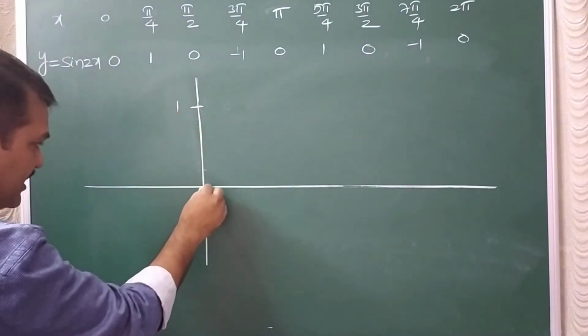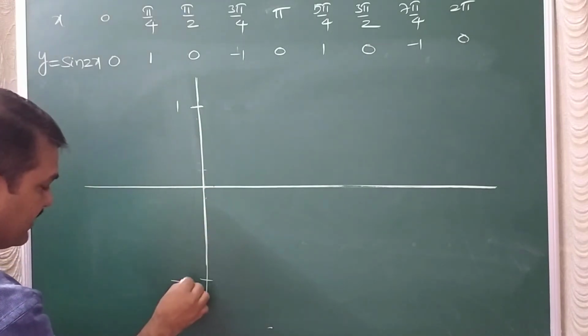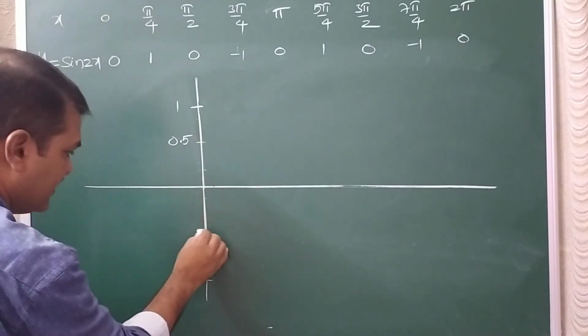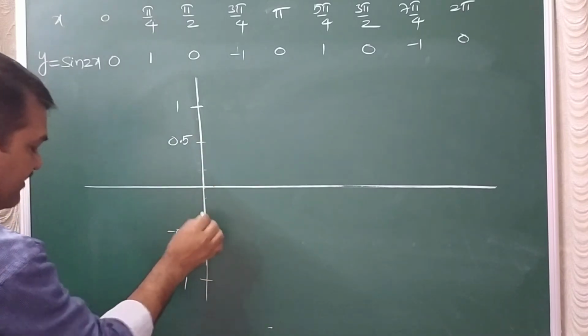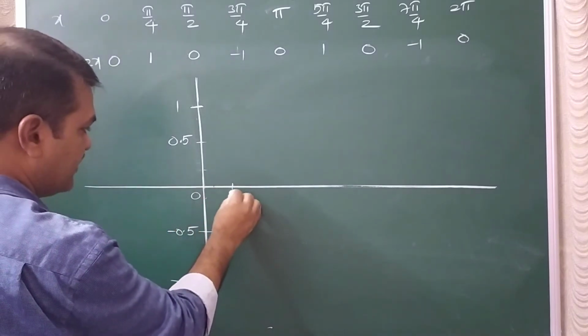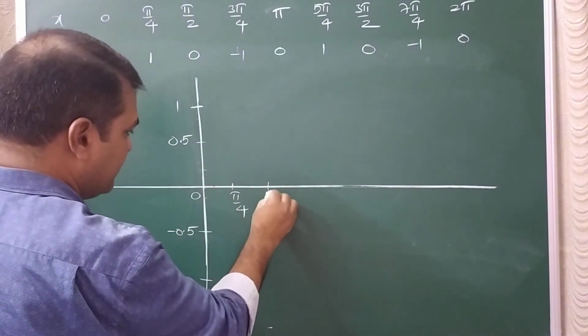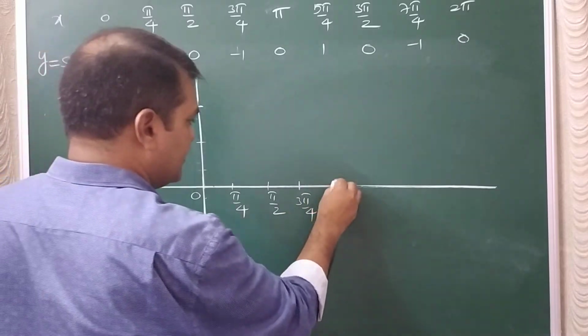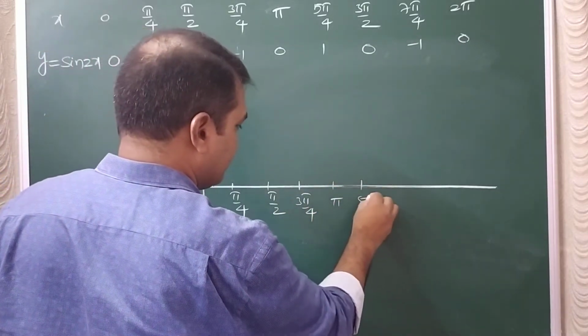So I will take 1 here. I will take minus 1 here. Let me take 0.5 here, minus 0.5 here. Okay. So 0, pi by 4, pi by 2, 3 pi by 4, pi, 5 pi by 4,